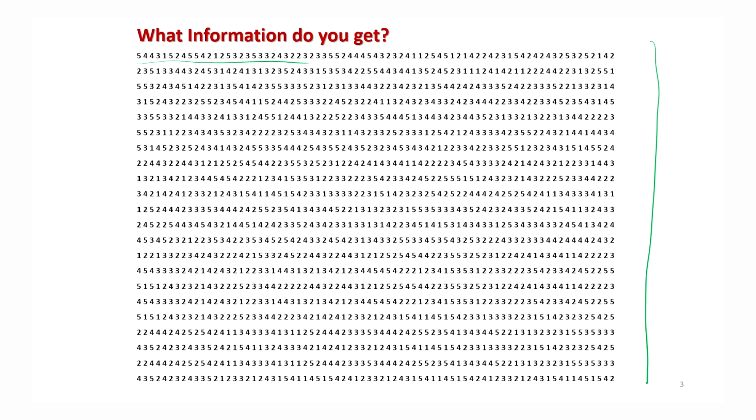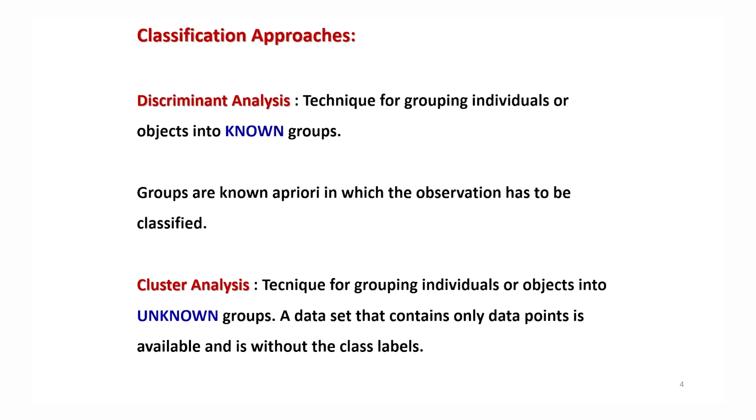For example, you can see here, I have written the numbers 1, 2, 3, 4, 5. Now you would like to classify them into different groups. Depending on how you define the similarity, there can be 5 groups, 1, 2, 3, 4, 5, containing all the numbers, or there can be one group containing 1, 2, and another group containing 3, 4, 5, and so on. So the next question is, how many groups are you going to achieve? These types of questions are going to be answered in this topic.